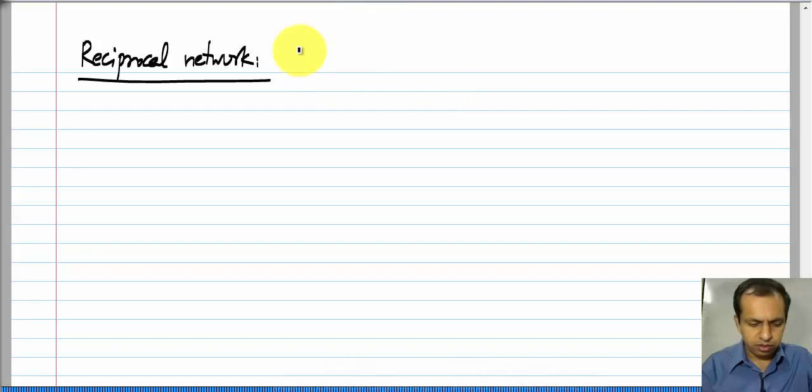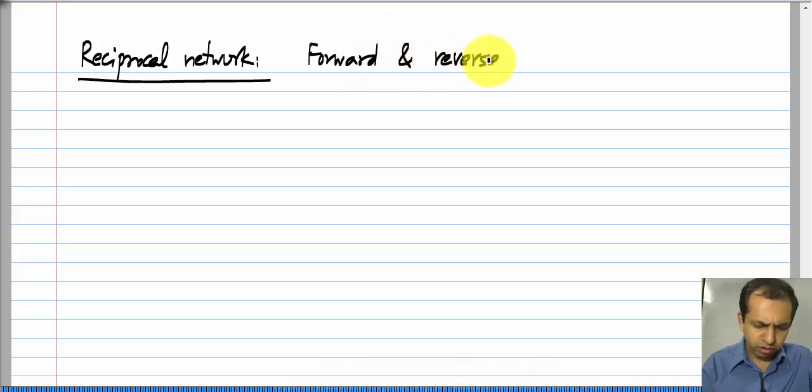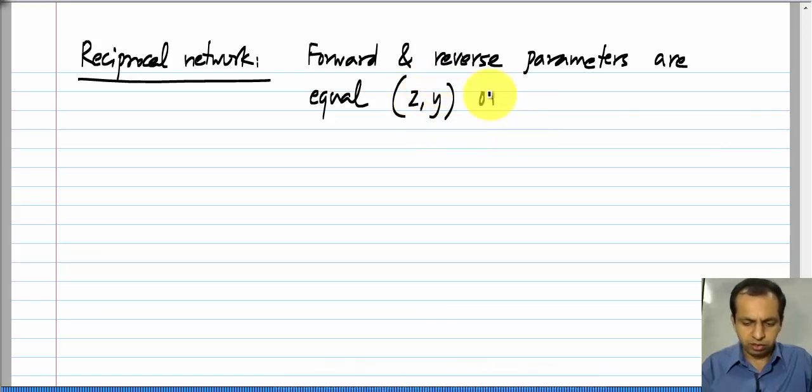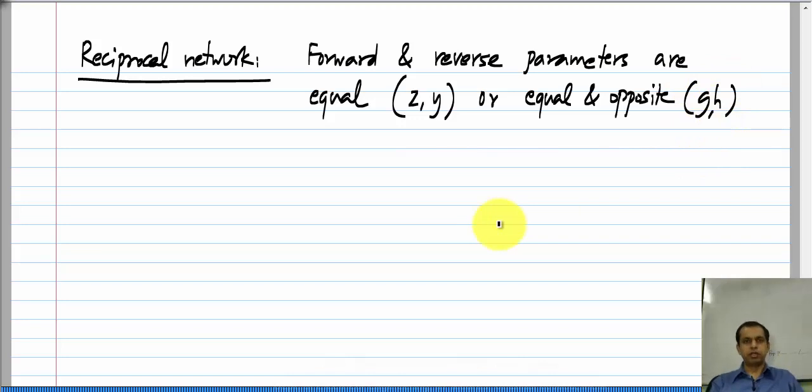A reciprocal network, reciprocal two port network means that the forward and reverse parameters are equal, if you choose z and y parameters, or equal and opposite for g and h parameters. Okay. Now, a unilateral network